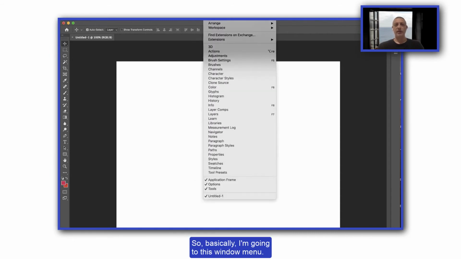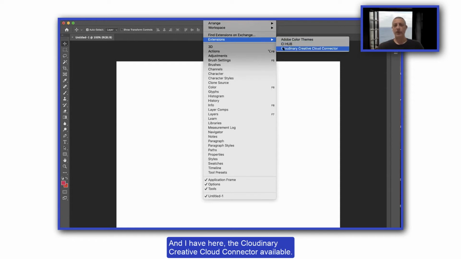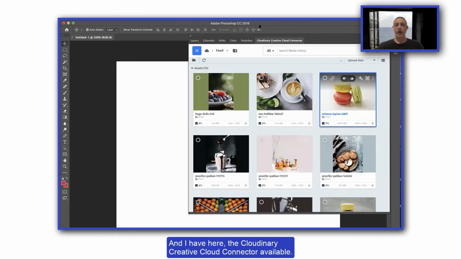So basically, going to this window menu, and I have here the Cloudinary Creative Cloud connector available. I'm actually already logged into my account, and that's why I can see the UI already open. If I wasn't logged in, I would have gone through some authentication flow that would put me in my cloud or in my account and get the same UI that we can see here.